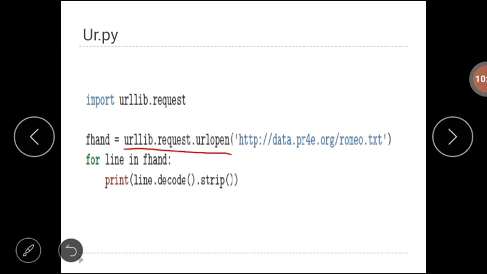Once you open that web page using the method urlopen that is defined under the library urllib, after that we can treat that web page as a file. Here, when the program runs, we only see the output of the contents of the file. The headers are still sent, but the urllib code consumes the headers and only returns the data to us.